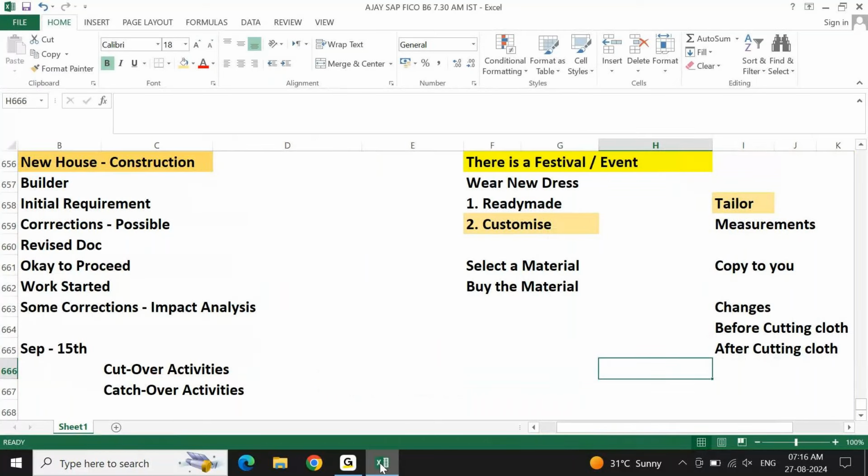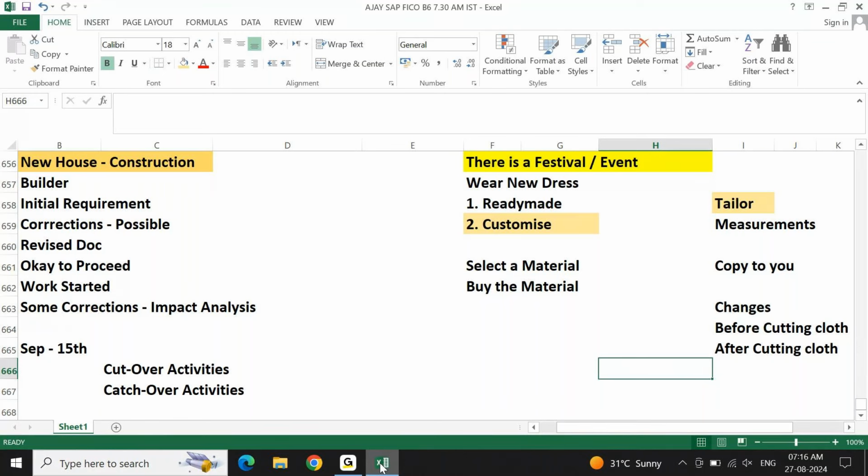In the process of stitching, when I buy the cloth, it is neatly ironed. But in the process of stitching, my cloth has got many marks of the chalk piece or marker pen, it is fully wrinkled, and tiny thread particles are there. I need to make sure that before I deliver it to you, I neatly iron it, I neatly fold it, and I make sure there are no missing parts. I put a button, but I did not put a hole to insert the button. So these kinds of things you need to make sure.